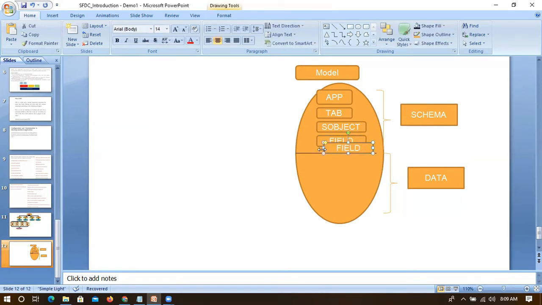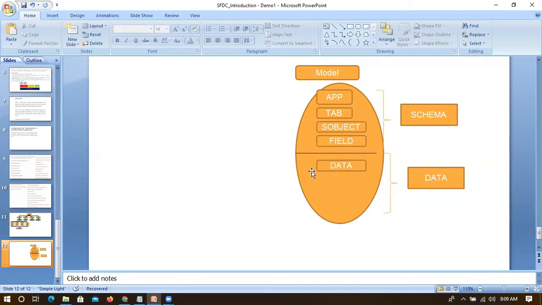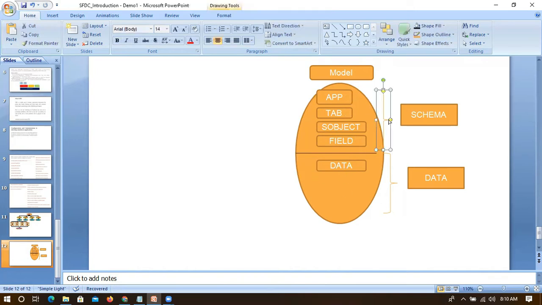But data is not a schema. It is not ready-made, and it will vary as per the business. It can have different data. Let's say I'm dealing with a client, SBI is my client. I can have different users, and HDFC can have different users. TCS, if they are dealing with any kind of application, can have multiple users. And Amazon can have different types of users. So data can vary, but the schema will be the same. If Amazon asks for creation of any kind of application, or wants to store data from Salesforce, they need to have this schema anyway, and the data will be different. Data varies as per the client.